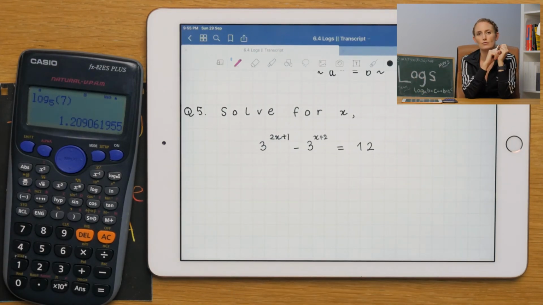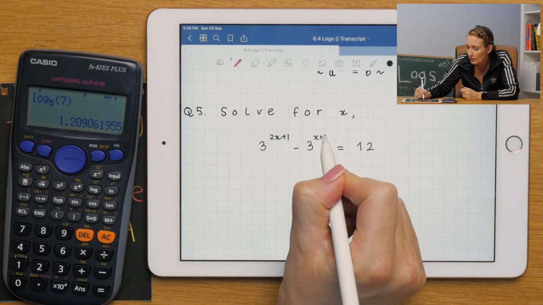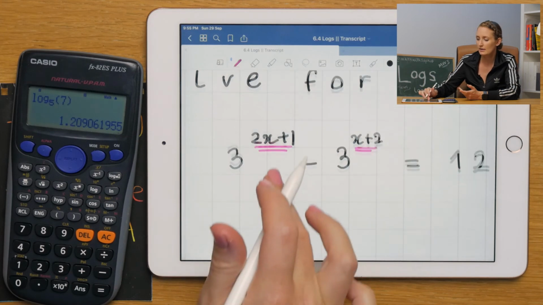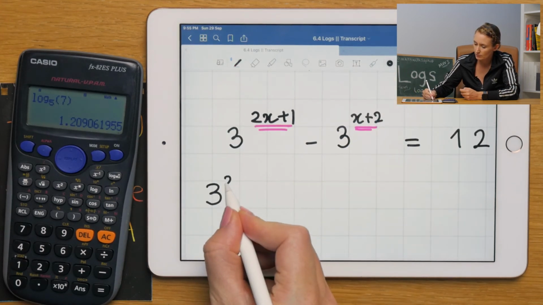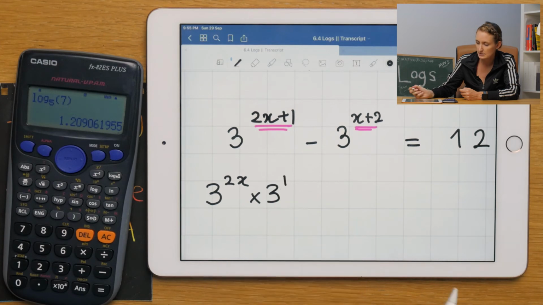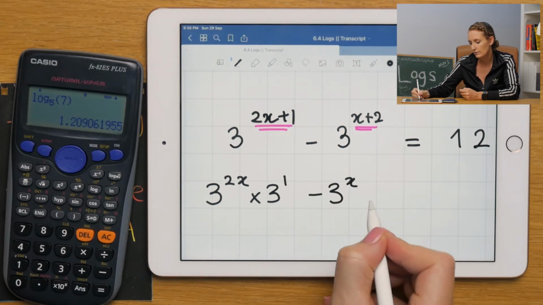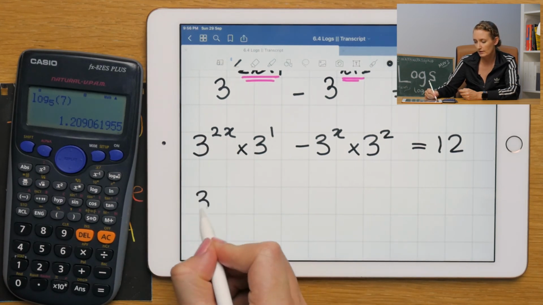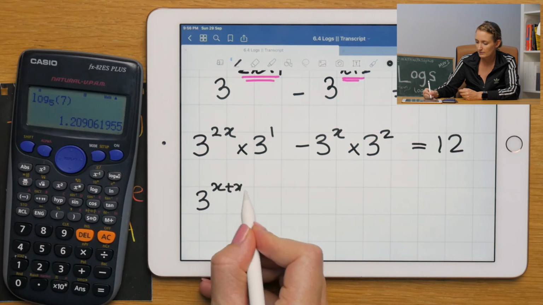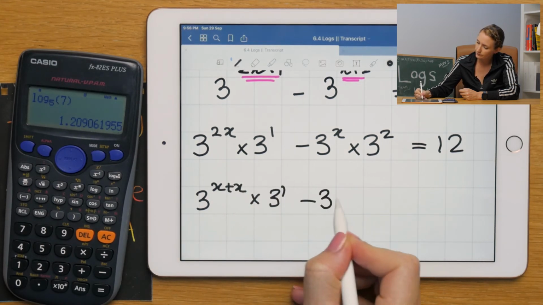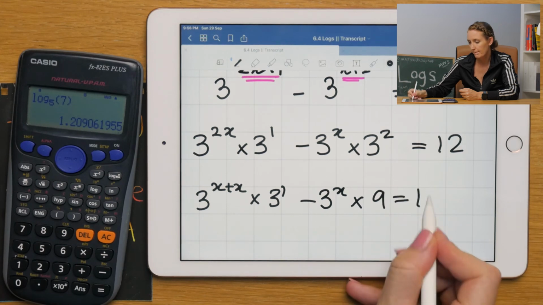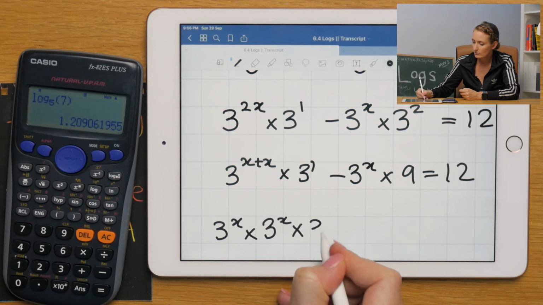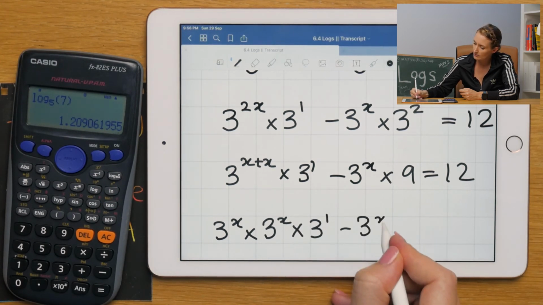This is another really sneaky question. I would recommend that whenever you see sums up here or numbers being added together, you break it down. So for example, straight away, I would change this into this. And the same here. So here, the 2x we can break down again because 2x is x plus x. 3 squared is 9. So this would be 3 to the x times 3 to the x times 3 to the 1 minus 3 to the x times 9